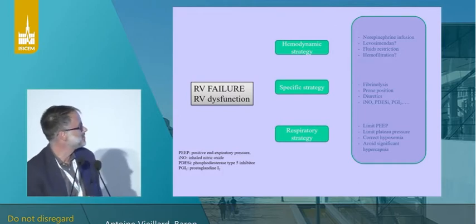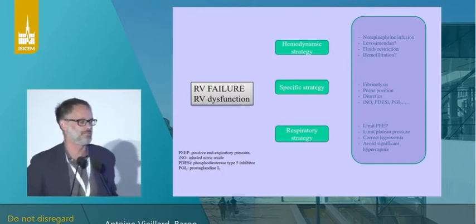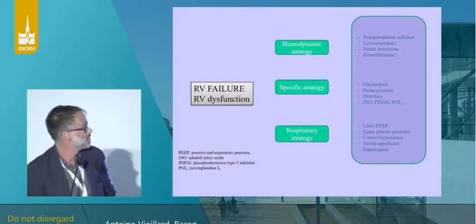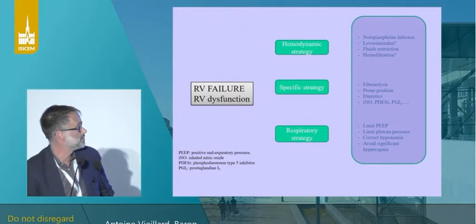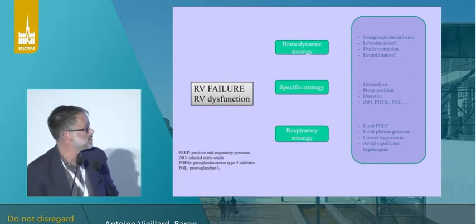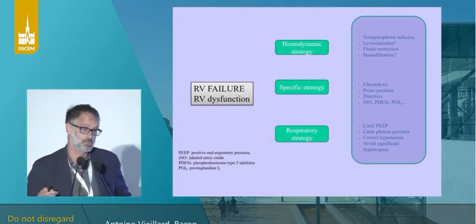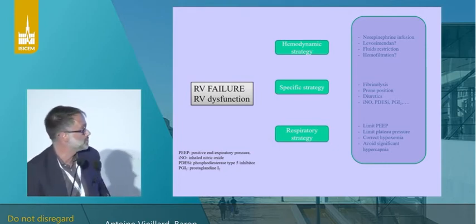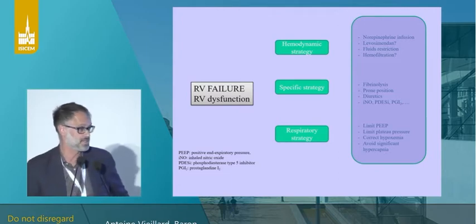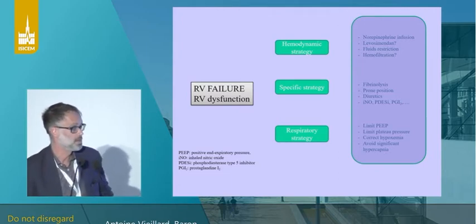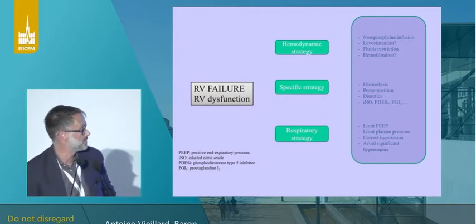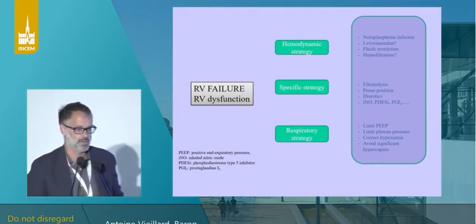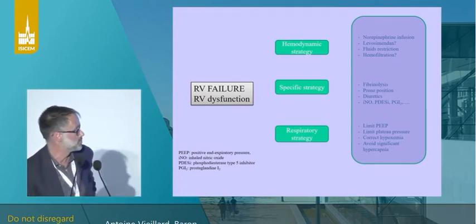So just to tell you that you have different parts for the RV support. You have the hemodynamic strategy, of course, which I try to summarize with norepinephrine infusion and fluid restriction. You have some specific strategy, yes, more related to the cause of the RV failure. Could be fibrinolysis in case of severe pulmonary embolism, could be prone position in case of severe ARDS, could be diuretics, why not, in patients with a decompensated heart failure, with an injury of both ventricles,